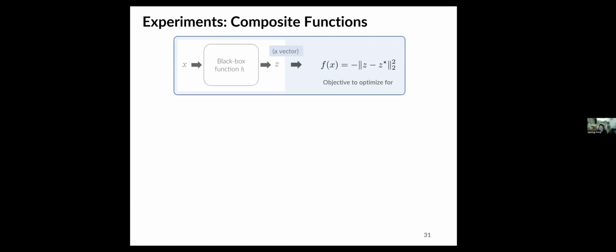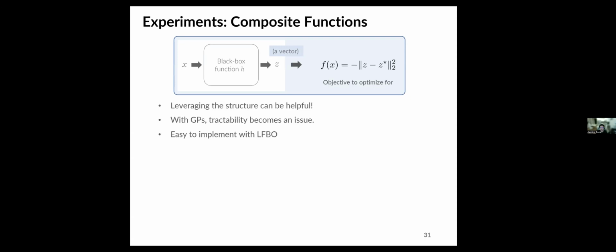And in this case, this is also quite common in the sense that our black box function does not only give us just one value, and that's not the only value that we're trying to optimize for. This is also a huge difference. So obviously, we can solve this by using the traditional BO approach. So we ignore all the structures internal to the black box, and we just optimize f of x directly with a Gaussian process. But unfortunately, this will become very,